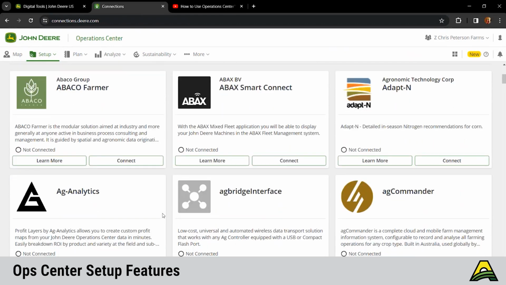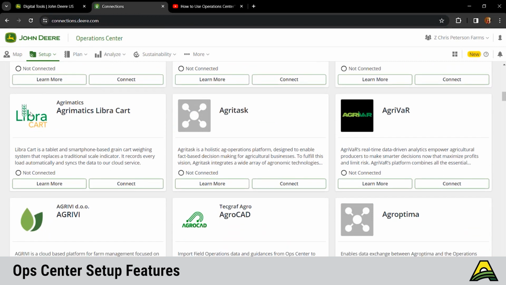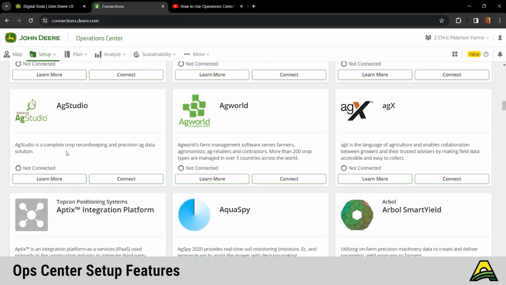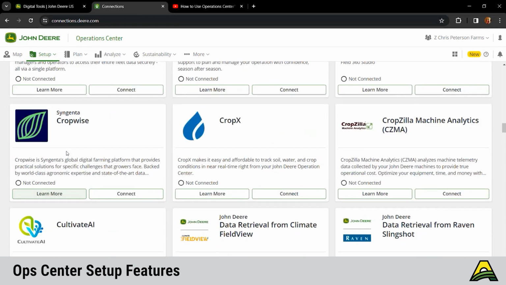There's a ton of third-party companies in here. Some insurance companies are on here. LibreCart, which is a popular one, just to get your farms and fields from Op Center into your LibreCart app. And you can spend a lot of time on here. I think CropX is on here. Yeah, CropX is on here. I don't know for sure how that works as far as being partnered, but